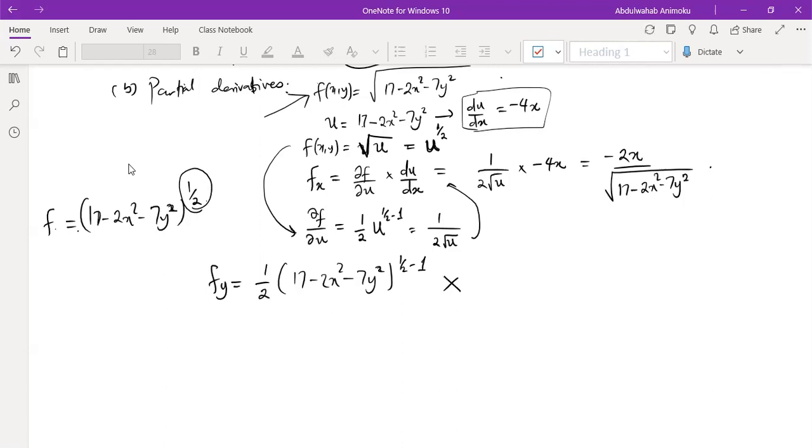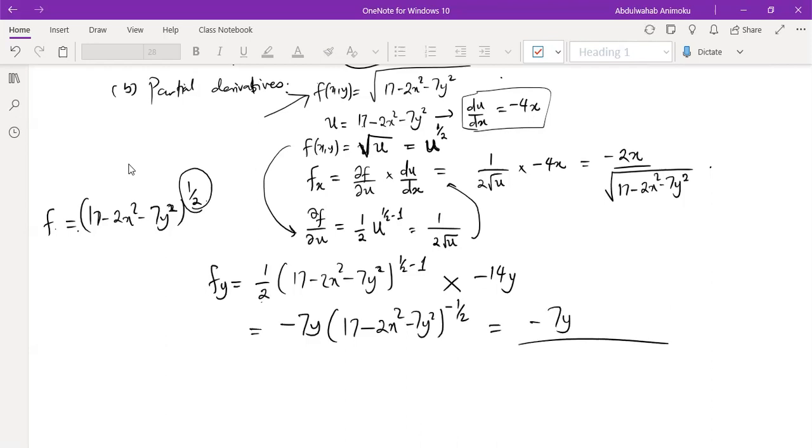So the derivative of 17 is 0, minus 2x squared will be 0 as well. The derivative of minus 7y squared will be minus 14y. Okay, so 2 into 14, that's minus 7. So we have minus 7y multiplied by 17 minus 2x squared minus 7y squared raised to power minus 1 over 2, which, when we write this using indices, we'll get this raised to power 1 over 2. Okay, so this gives us the answer to the problem, and then if you like, you can write this as square root of